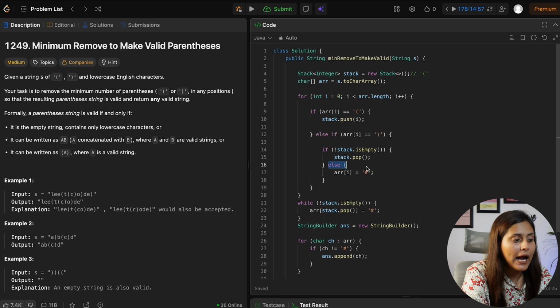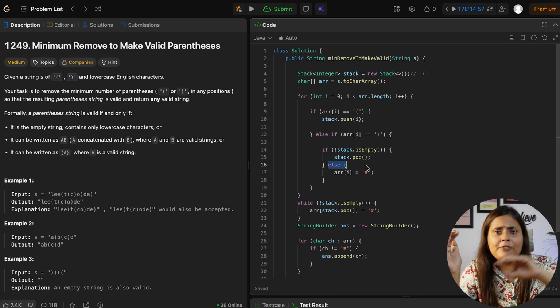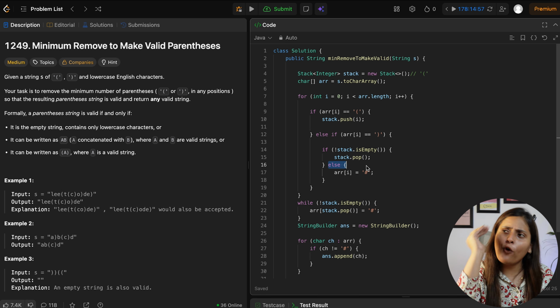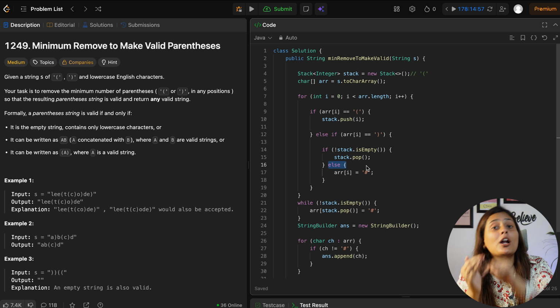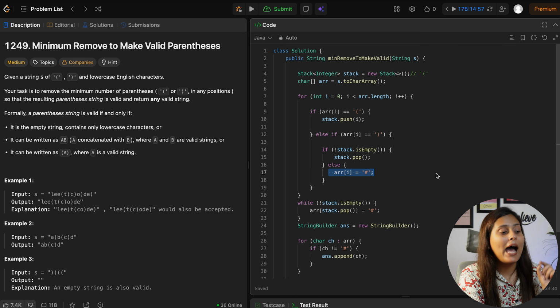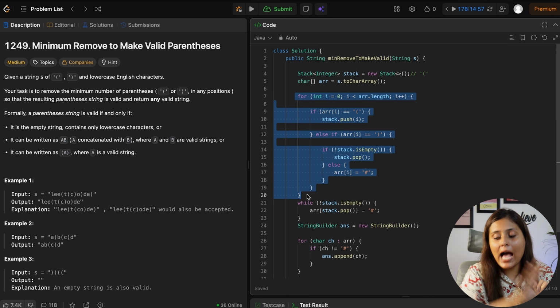Now if our stack is empty, meaning we found a closing bracket and we have nothing in the stack, no open bracket, then for sure this is not valid. And when it is not valid and we don't want to take this in future, we will mark it with some sign, and I have chosen a hashtag sign. So I'll mark it.